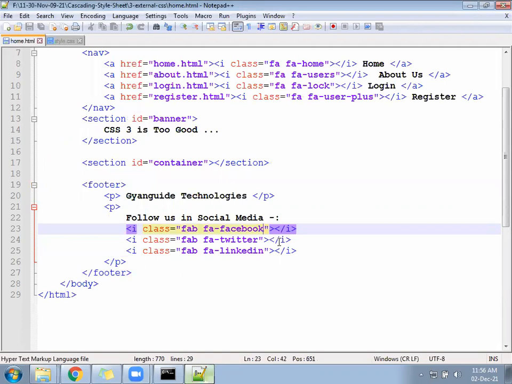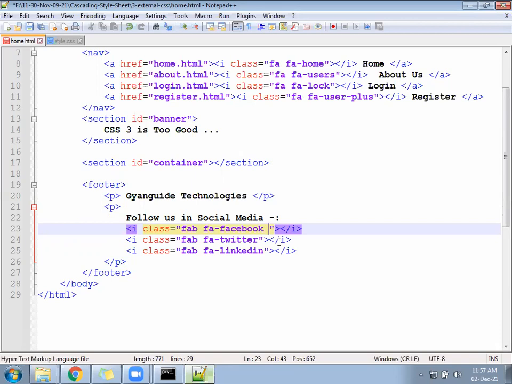By default it is 16 pixel. 32 pixel is 2x, 48 pixel is 3x. 1x is 16 pixel, 2x is 16 into 2, 3x means 16 into 3.